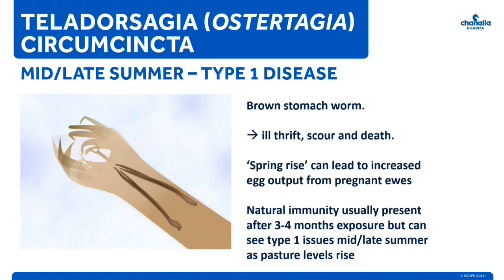It's also worth mentioning that the type 2 version that occurs in the spring is called the spring rise, and it results from periparturient relaxation in immunity, or PPRI, in ewes. The extra demand on the ewes' bodies before lambing can lead to a weakening of natural immunity and a subsequent rise in egg output. If ewes are otherwise healthy, it doesn't impact them, but this effect poses a risk for the new lambs. Good nutrition can minimize this egg output. And this problem is usually seen in the last 2 weeks of pregnancy, up to 8 weeks post-lambing.